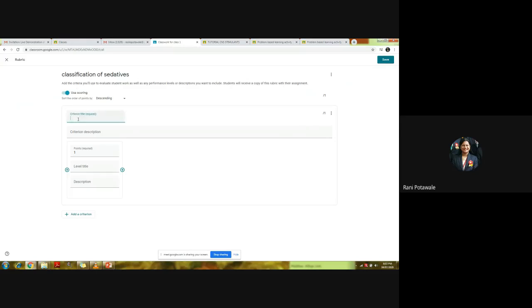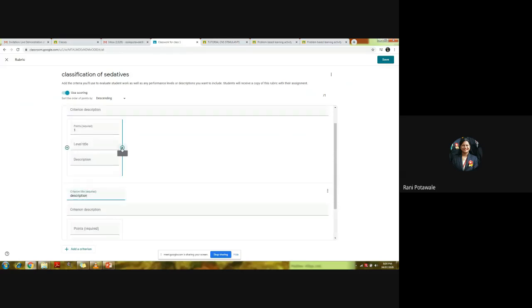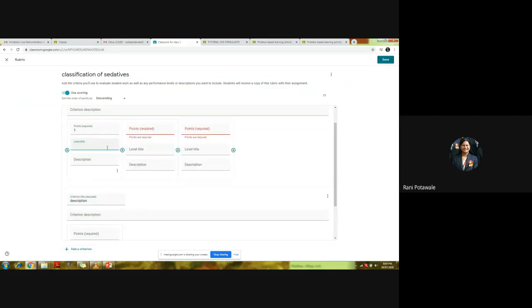Here I'm going to evaluate it on the basis of two criteria. Let's see the structures. The first criterion for the evaluation is structures, and here is the option to add a criterion. The second criterion will be the description. Now, under each criterion, the levels: say level 1, that is advanced, level 2, and level 3.